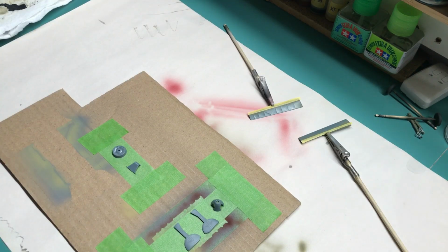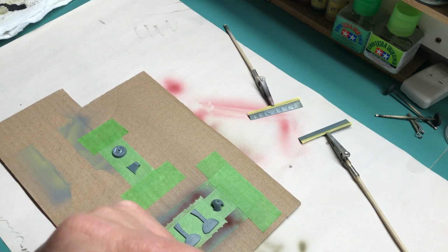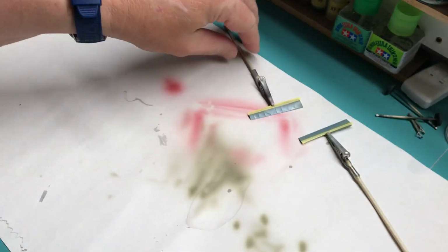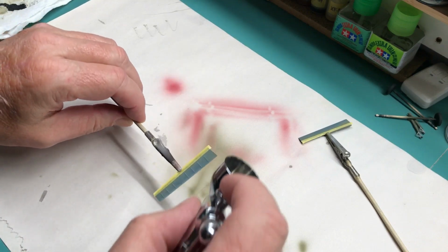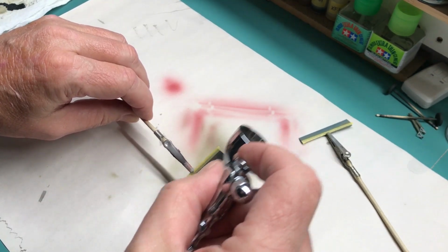All right, so we got the primer in here. Got all my parts ready. So let's see how this works. I'm going to start with flaps. I've got tape to protect the RLM2 part. So I'm just going to